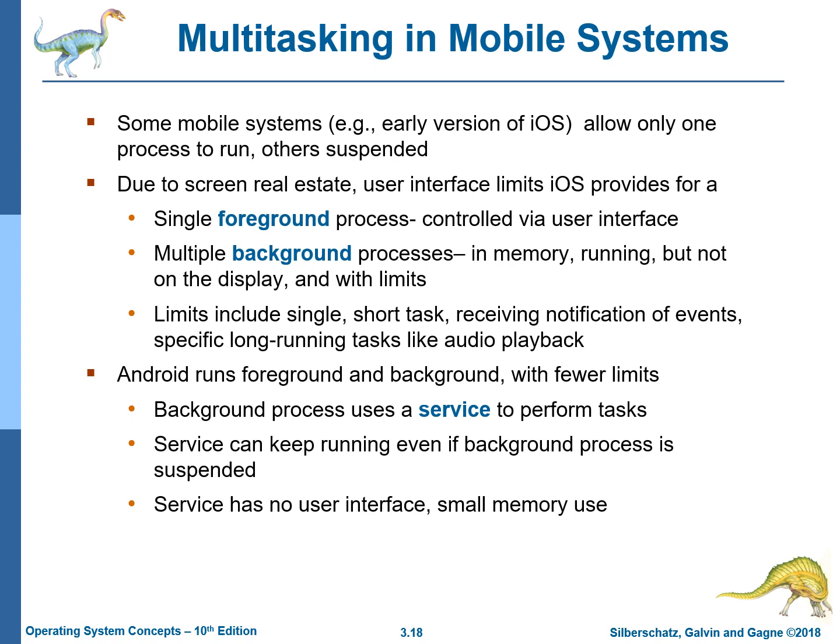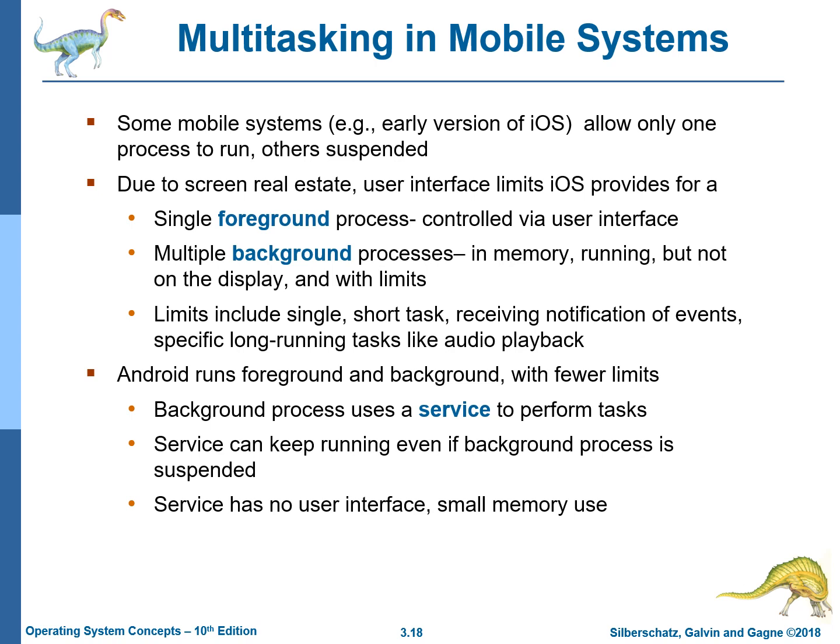Multitasking in mobile systems. Some mobile systems, for example, early version of iOS, allow only one process to run. Others are suspended. Due to screen real estate, user interface limits iOS provides for a single foreground process controlled via user interface and multiple background processes in memory running but not on the display, and it has limits. Limits include single short task, receiving notification of events, specific long-running tasks like audio playback, and